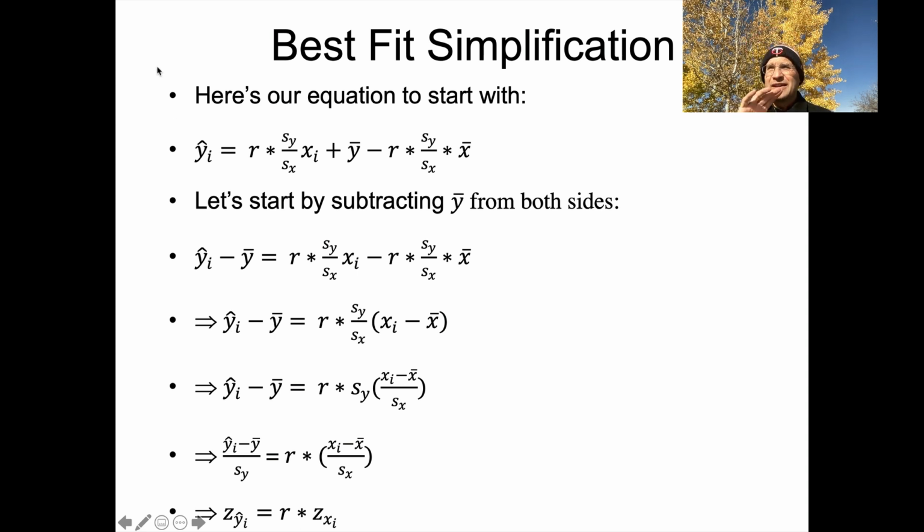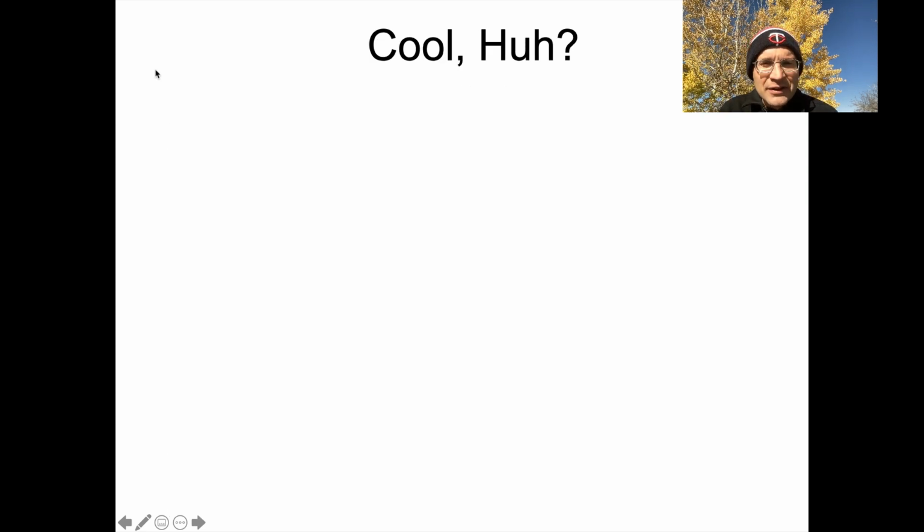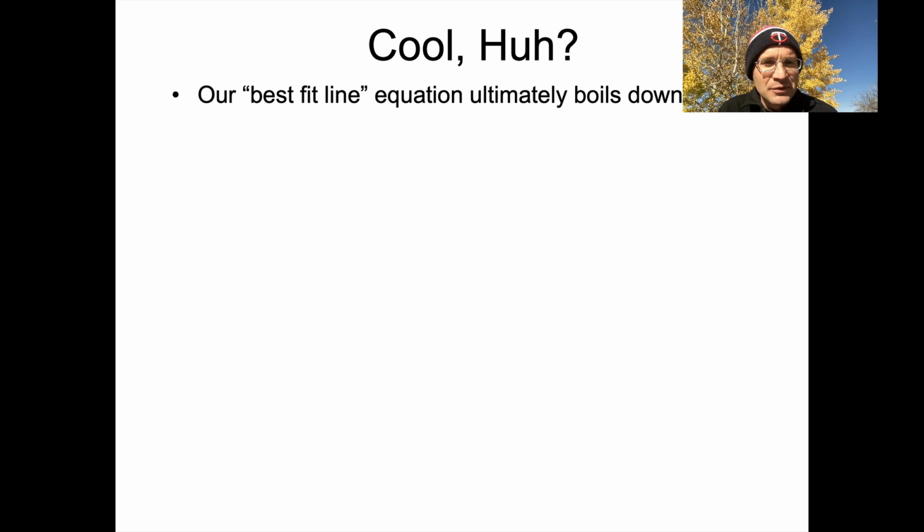But it's just cool that basically it's the ratio of those two z-scores of our two different variables. The one we're predicting divided by the one we're using to make the predictions. Or if you think of it as rise over run again, it's the z-score of the predicted values of y, the rise, divided by the z-score of the observed values of x, the run. So our best fit line equation can be converted into this expression here, which is very nice and tidy indeed.